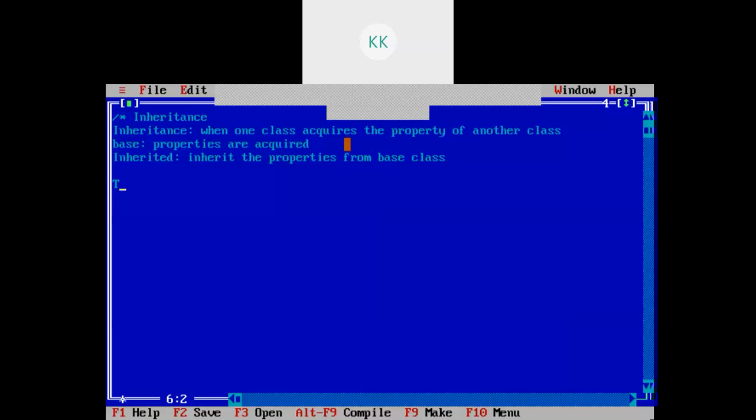So there are types of inheritance. The first type is single inheritance. In single inheritance, we have one base class and one derived class.